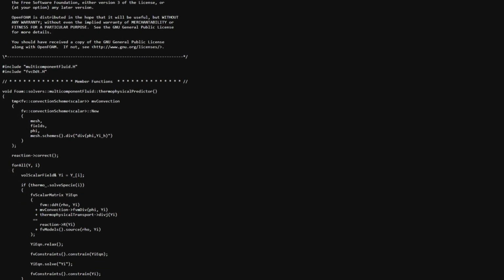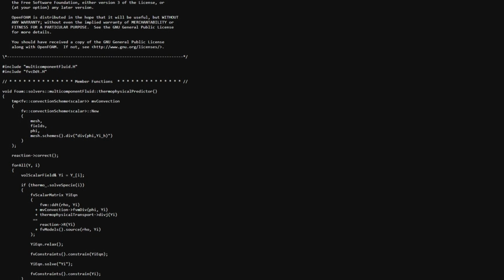Now, the goal of this function essentially is to make the first official guess for the outcome of the next time step. It has two primary objectives. The first is to solve the species transport equation for every quote-unquote person of interest or Yi, and at the same time solve the energy equation to determine the new temperature of the quote-unquote crime scene. The first part that we see here,